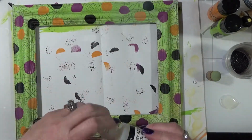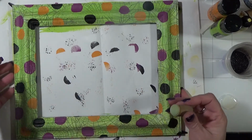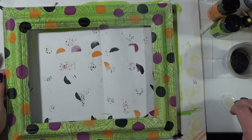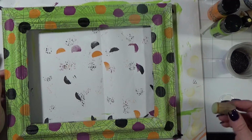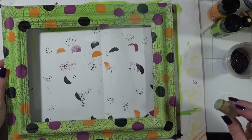Well, that looks like a lot, but really it's not going to be, but only a little bit at a time, because one, I need to work in segments, plus Glossy Accents dries pretty quick. And I'm using this because not only does it dry glossy, but it's got a good body to it. So I'm going to start with the, what is this, the orange